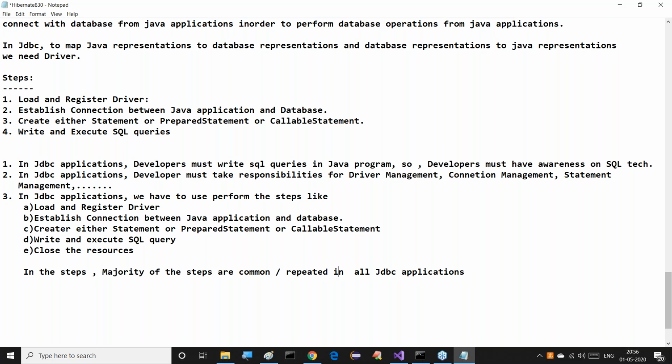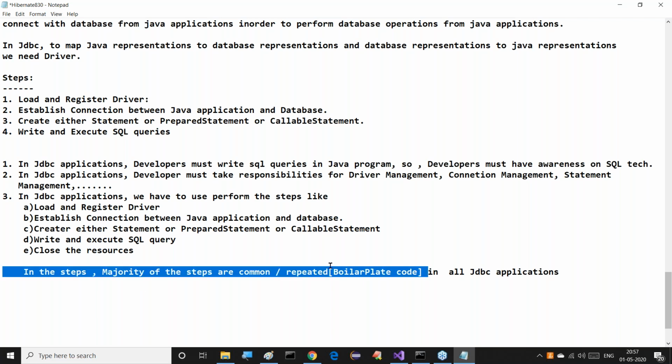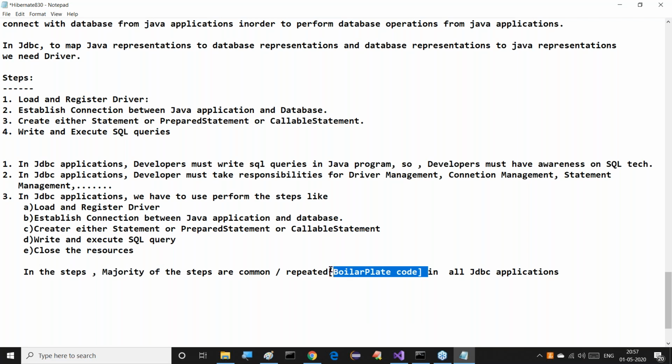Now, these common, repeated steps are called boilerplate code. Do all of you get my point or not? This is exactly the word I'm using here: boilerplate code.